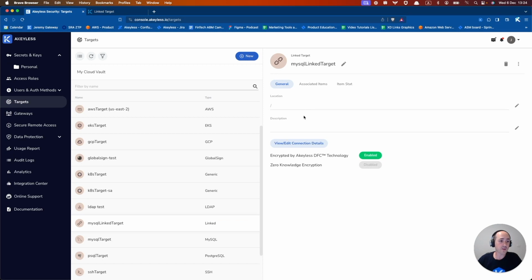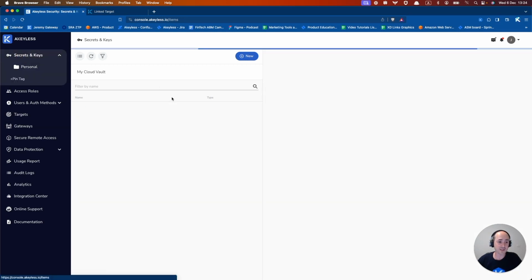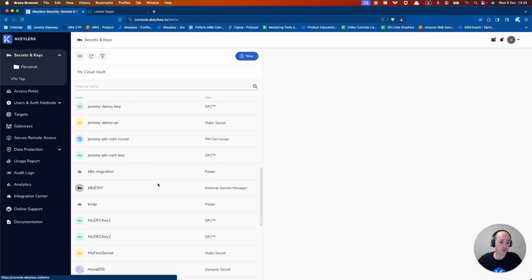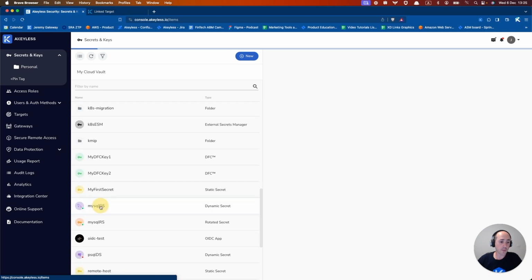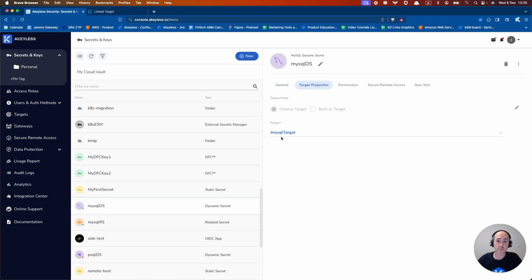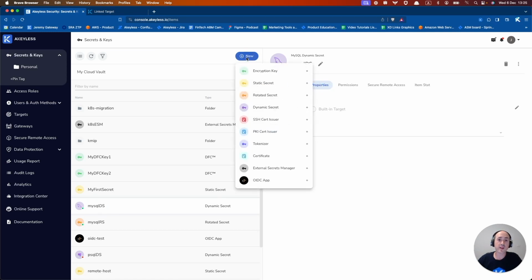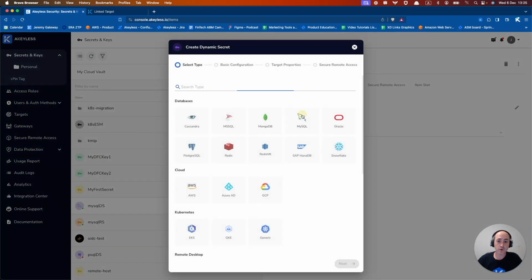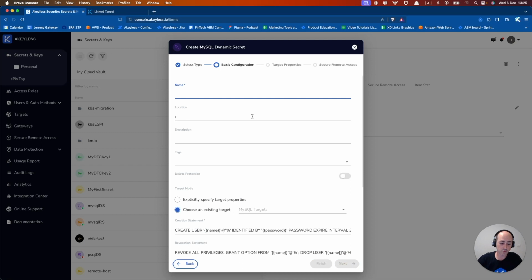And what we can do is then go back to secrets and keys. We can go to our MySQL dynamic secret here. And now here you can see that the target properties are only set to a single target. So let's go ahead and create a second one, and we'll create a dynamic secret for MySQL. And we'll just call this MySQL linked